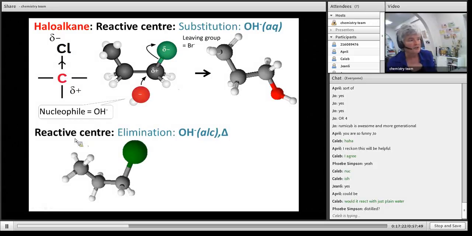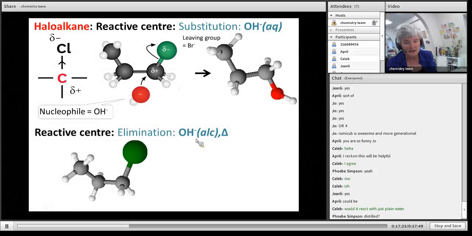Now we've got an alcoholic, and I'm heating it up as well. That triangle means heat. So if I push for more extreme conditions, alcoholic or more concentrated, what happens? My OH can grab the hydrogen from here. Remember I said over here in the aqueous system, the OH can grab a hydrogen from water and form another OH, and that becomes water. But here, if I make it much stronger conditions and give it more heat, so